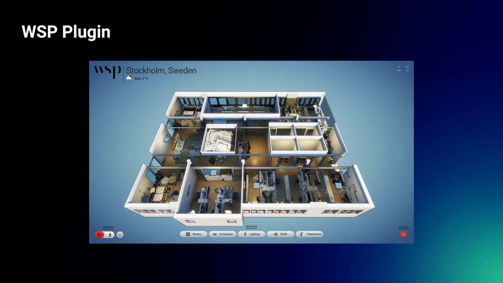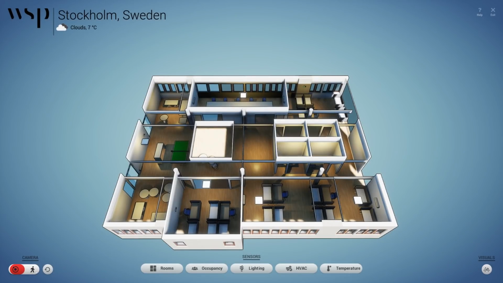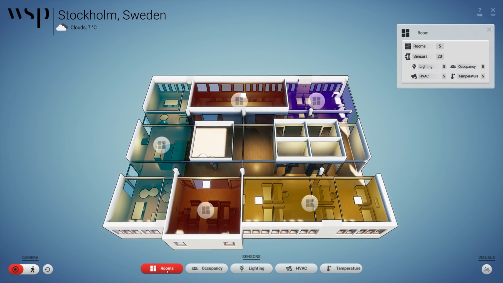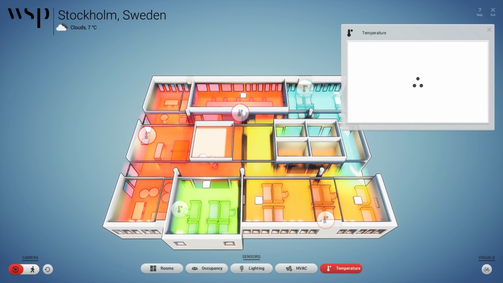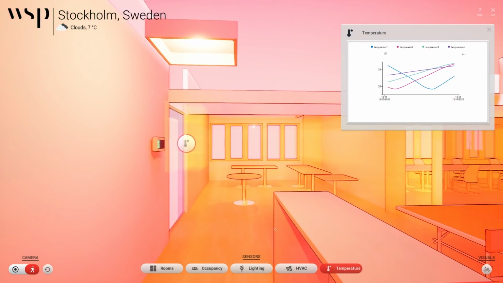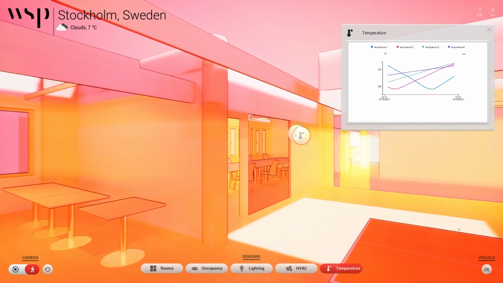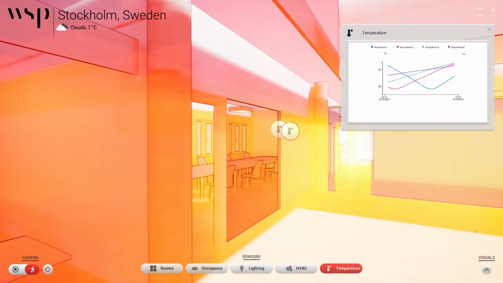Today, we will get to take a look at the WSP plugin, which includes a physical entity that uses sensors to gather real-time data, a 3D replica of that physical entity, and a connection between the two. With the tools in Unreal, the team was able to effectively visualize the data. The team has so kindly shared the project with everyone, so the project you will see in this presentation is available on the marketplace for you to follow along in the future.